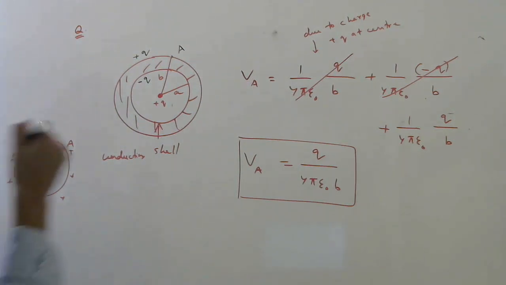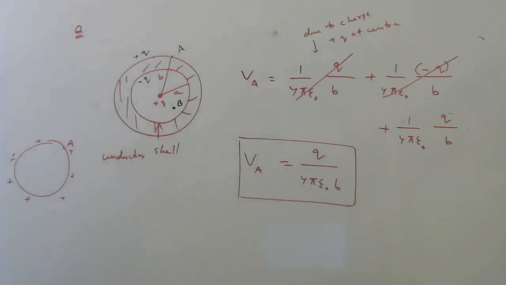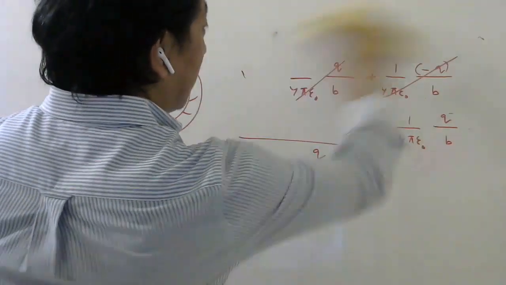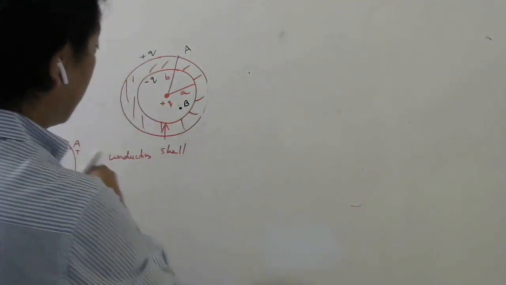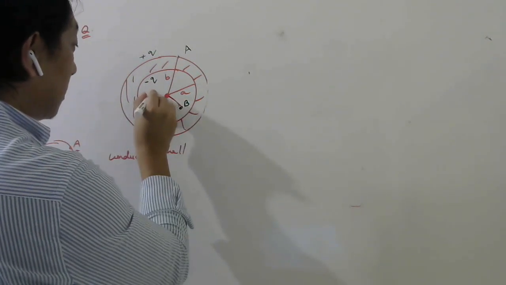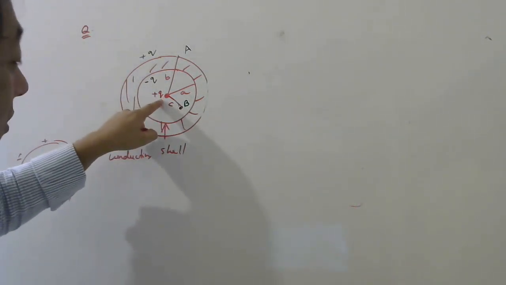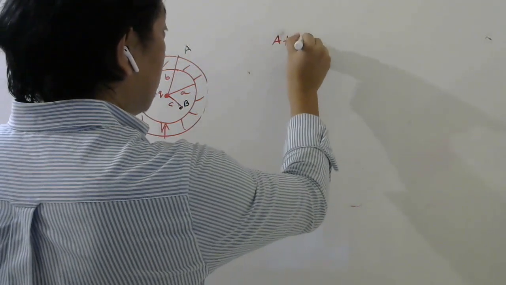Let us ask at some point B here. That will be interesting to check. So this you have understood, I hope. Please make a note. So let us ask potential at B. Where is B? Be careful. B is inside. Let us say this distance from plus Q is c. So c is the distance between the point charge and the observation point B. So at B, suppose I want potential.